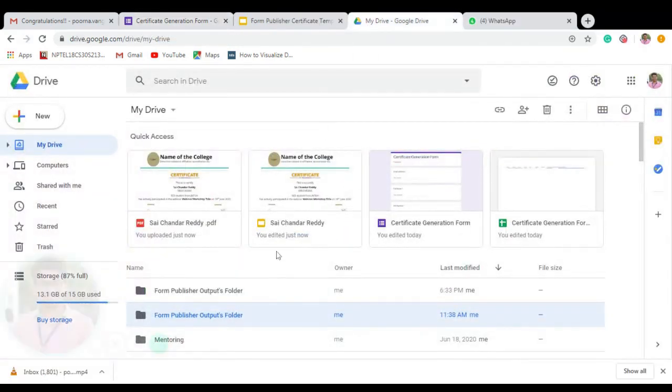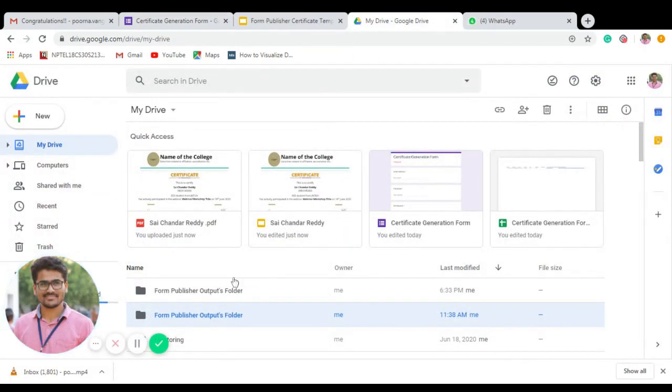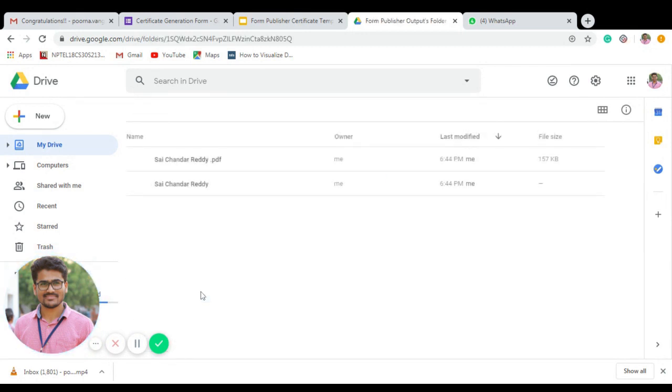Another setting we have given is to store the generated files in Google Drive. We chose the automatic folder name, which is the automatically generated folder name, Form Publisher Outputs folder. This one I tried in the morning, so it is showing again. You can see here the time 6:33 p.m., when this folder was recently generated. Whatever files we generate will be saved here. And we chose the PDF option also. Along with slides, we want to generate a PDF also. That kind of setting we have given, if you remember.